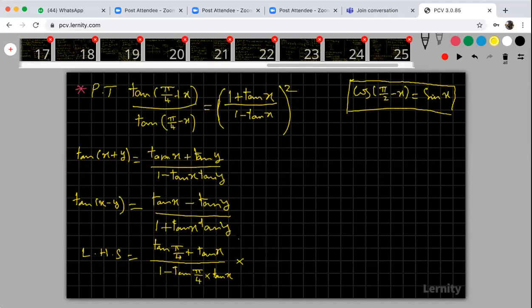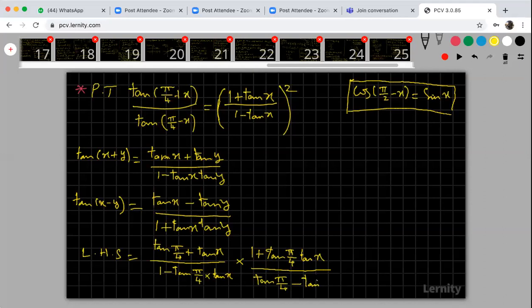Reciprocally means 1 plus tan of pi by 4 into tan x, divided by tan of pi by 4